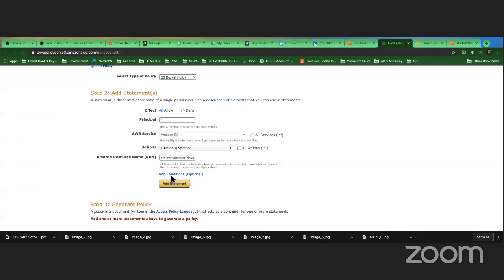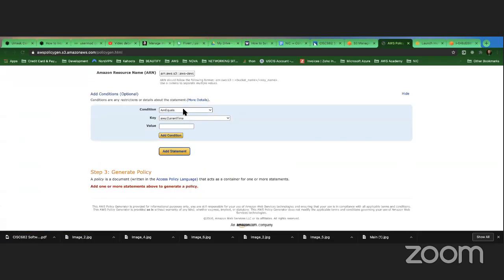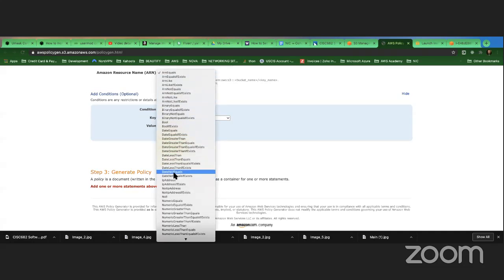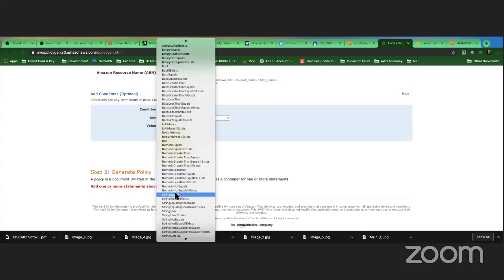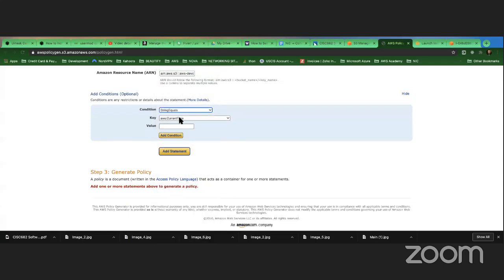So I put that here, and now we're going to add a condition. For the condition we're going to say, for example, string equals, this one.